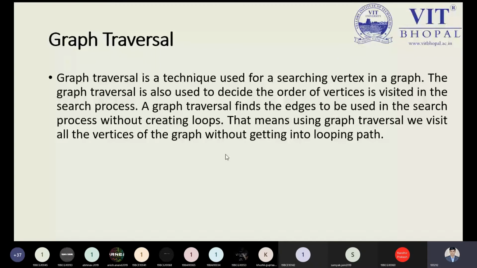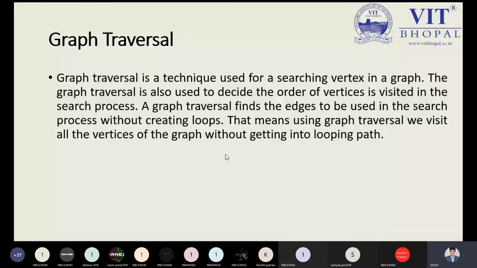So what order are we following? For example, if I need to visit 5 or 6 countries or cities, it is a better idea to visit the first city, then the second city, but you will choose the shortest path. Somehow we will see this concept in another topic, but here we need to see how we can visit the different nodes one by one. This is a simple concept, graph traversal, in which each and every node is to be visited. But we also need to see the path, if you are looking for the shortest path.